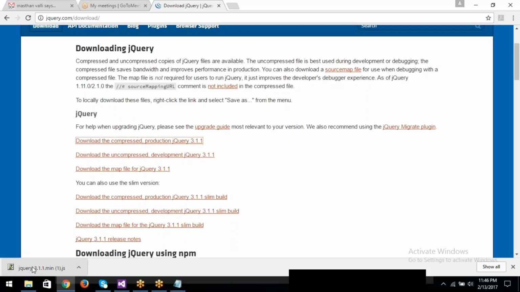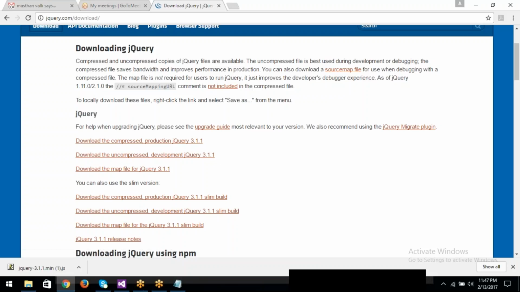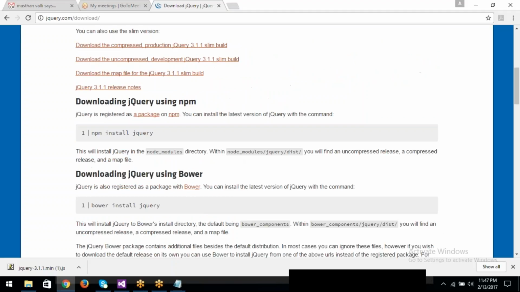So jQuery 3.1.1.min.js file. This is the present version of jQuery, version 3.1.1. When you click on this link, the jQuery file is downloaded. And if you don't want to download the jQuery library, but you want to use the jQuery functionalities without downloading it,